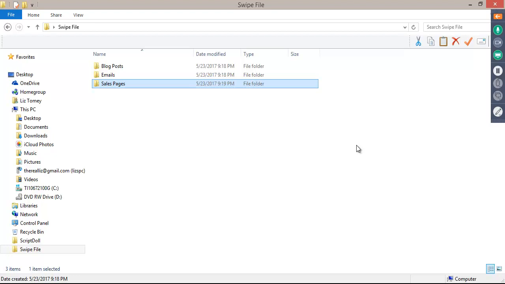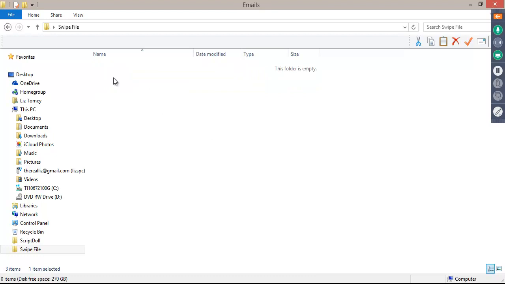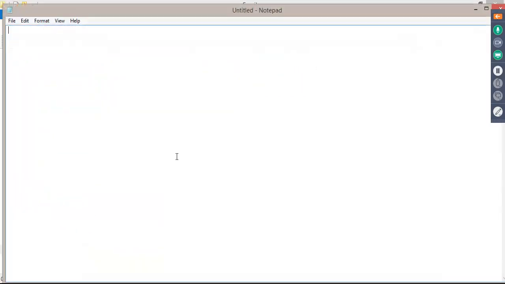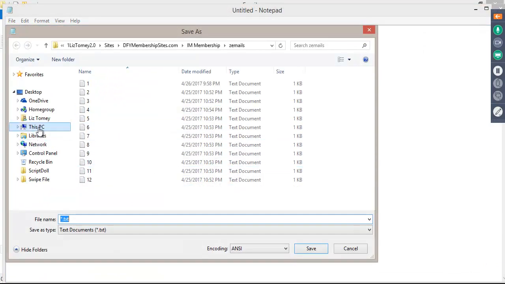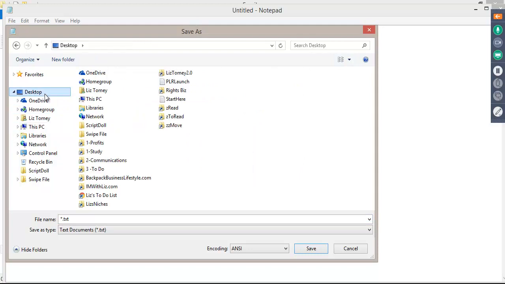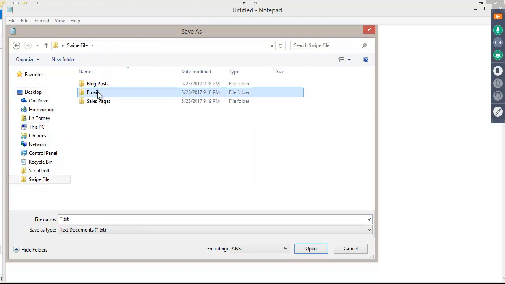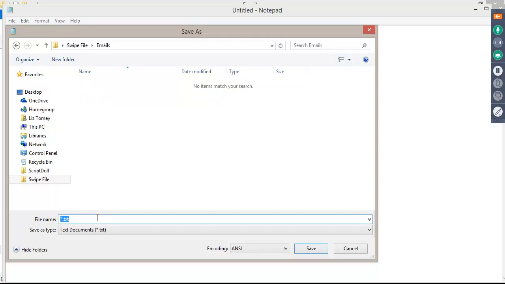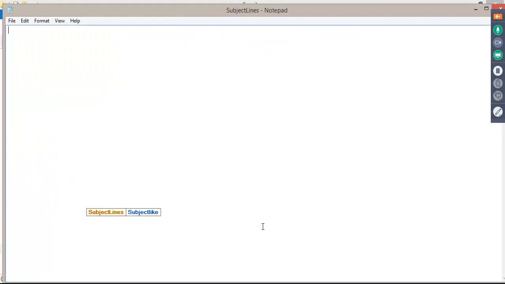So when you get an email, and it has a subject line in it that makes you open, we're going to do a notepad file. I'm going to do file, save as, this PC, oh, it's on my desktop, swipe file, emails, I'm going to put subject lines, save.